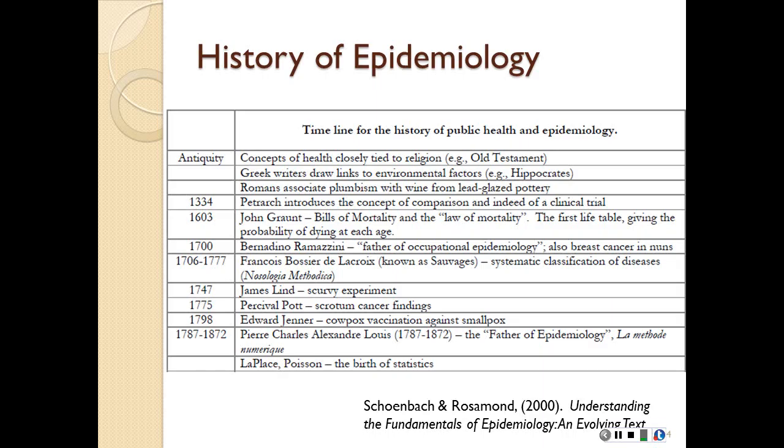The early antiquity period is usually from the 5th century BC to around 1830. And then we'll talk about classical epi. That's when people really started to create epi and focus it as an actual science, from about 1830 to the 1940s. And then the new epidemiology is about 1940 to the present.